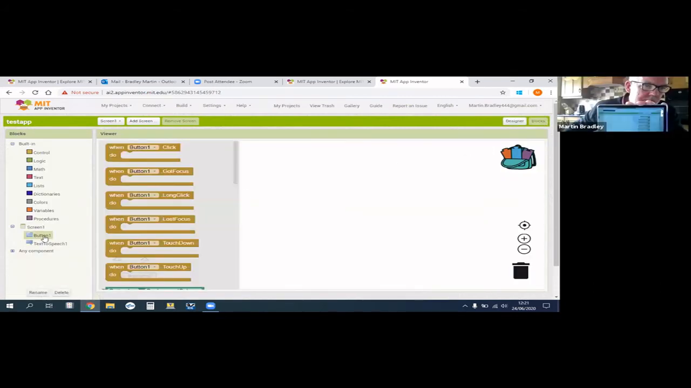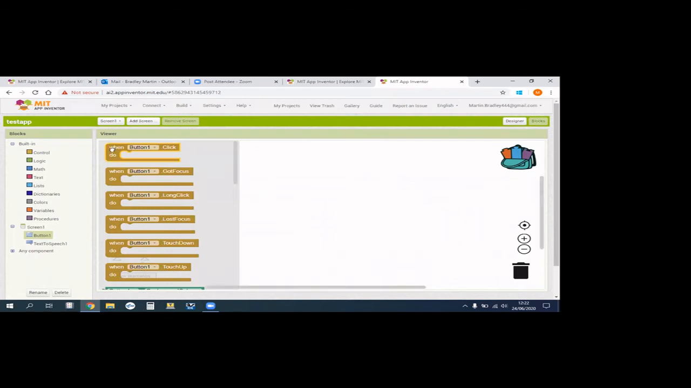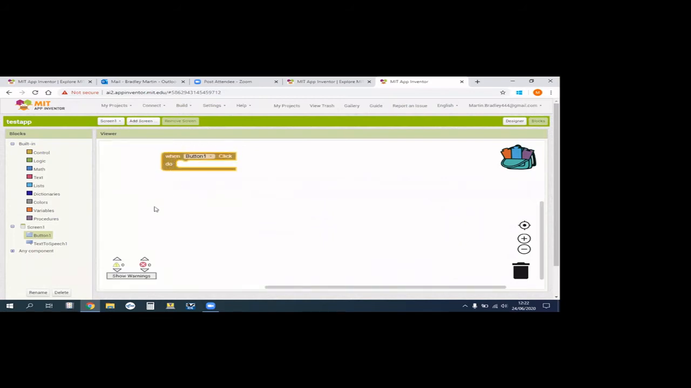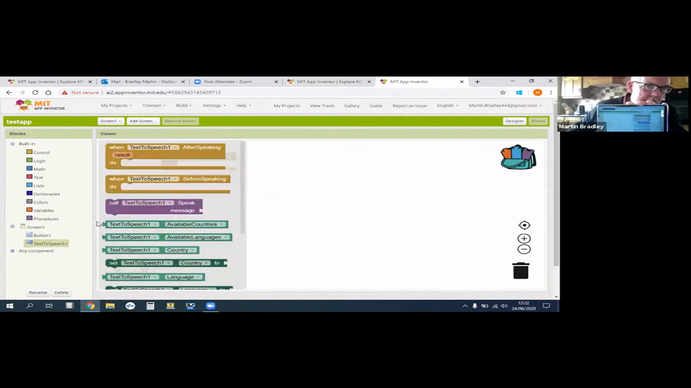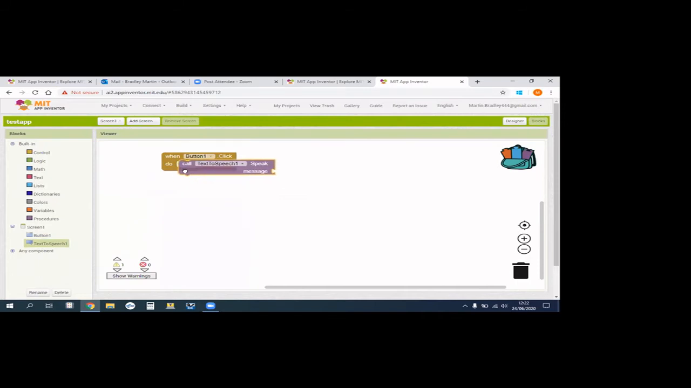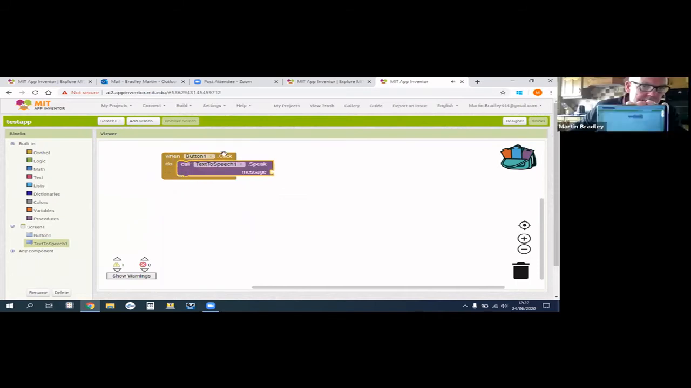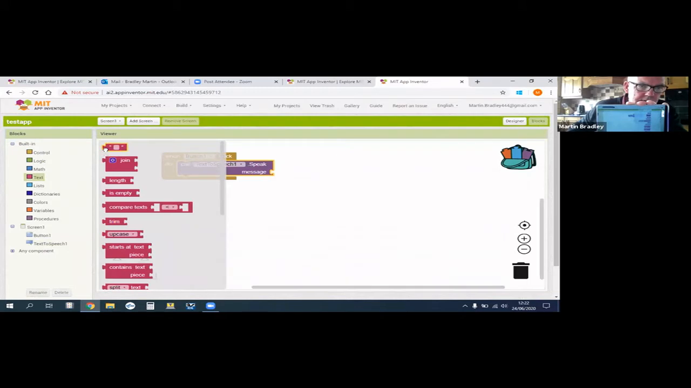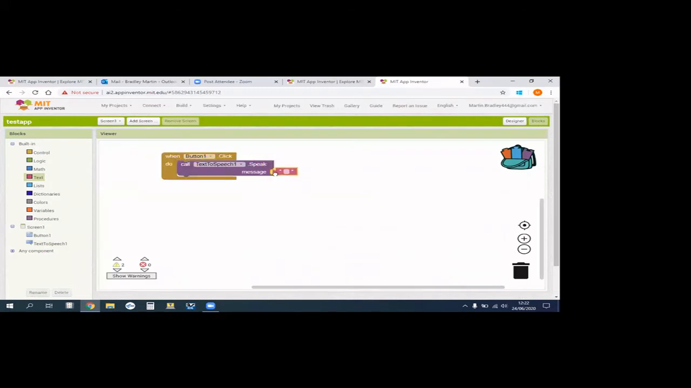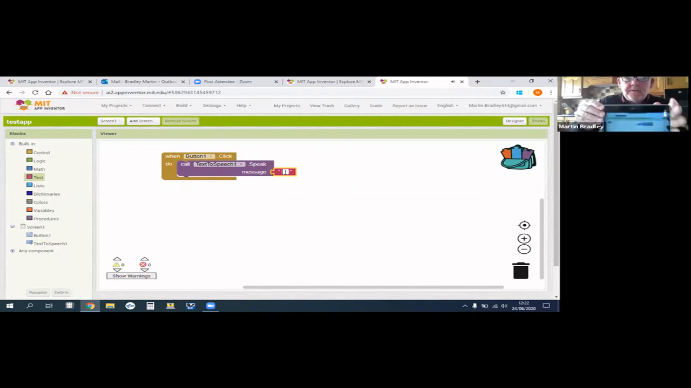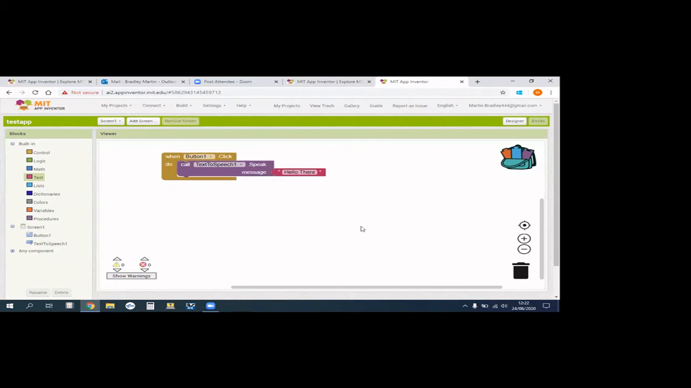If I click on button, when this button is clicked, what do we want to do? We want our phone to talk to us. So we go to this text to speech, and you call text to speech. What that means is when the button is clicked, we are going to convert some text to speech. And it's as simple as taking these out of the text menu, and whatever you type in here. So if I go hello there, what should happen is whenever you click the button,